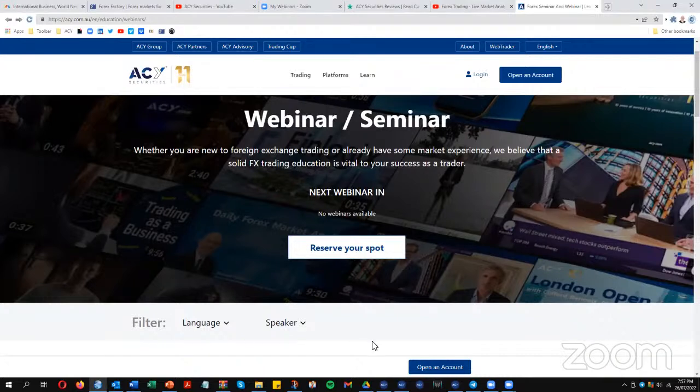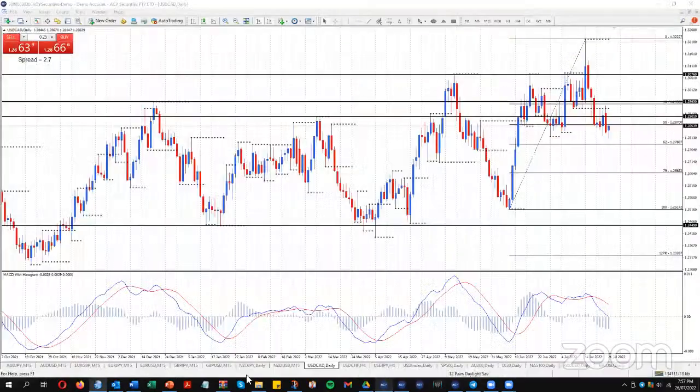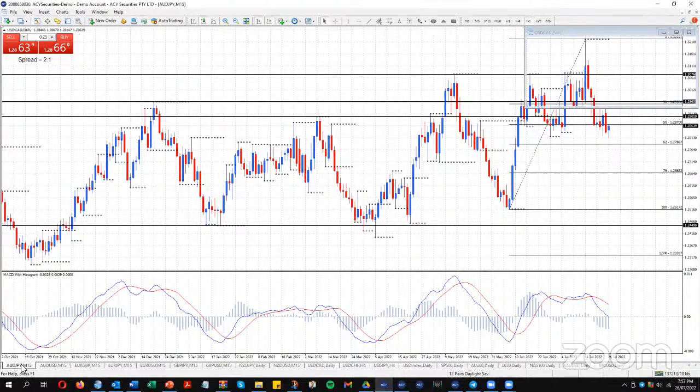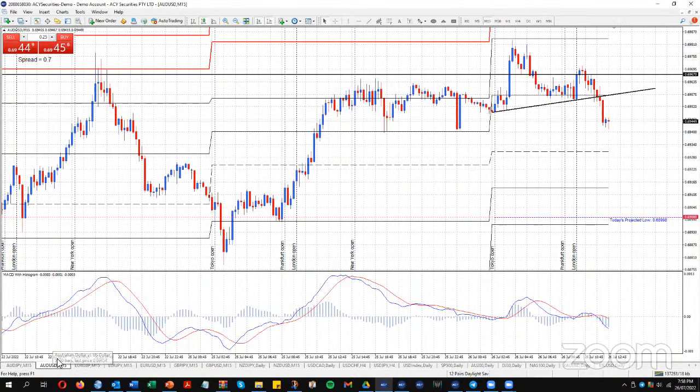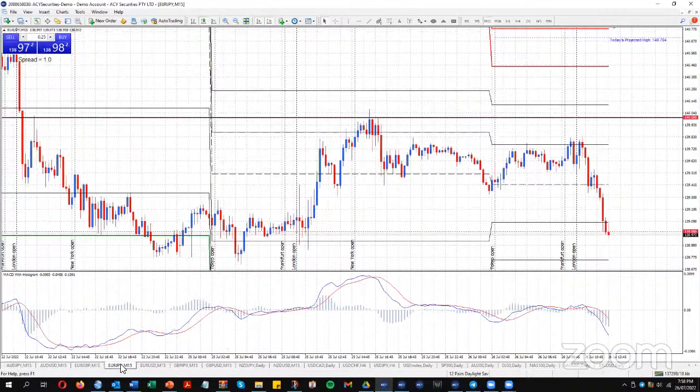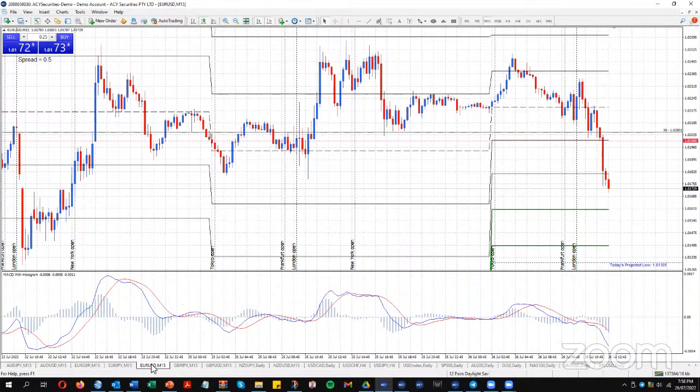If there's any final questions, I might just click through the chart, see what's been going on since we've been going through. Some of the pairs are very range bound at the moment. Now, these Aussie pairs are just breaking down a little bit from these resistance levels, but they may well revisit. This Aussie may well revisit 69.67. All right, Euro Yen's breaking down though, isn't it? It's not got up to those discount levels that I'm watching. So the Euro Dollar is breaking down.